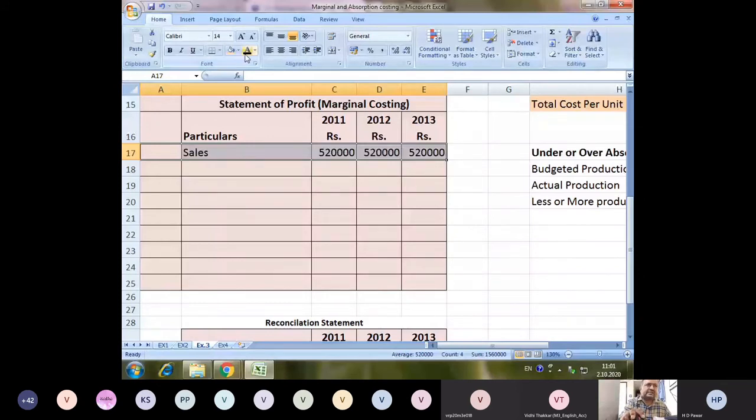Okay, from sales less cost of goods sold, that is marginal cost of goods sold. Here we will consider only marginal cost. And cost of goods sold means cost of production plus opening stock minus closing stock. Unit we have already discussed. And marginal cost is 1.25 per unit. So production cost is